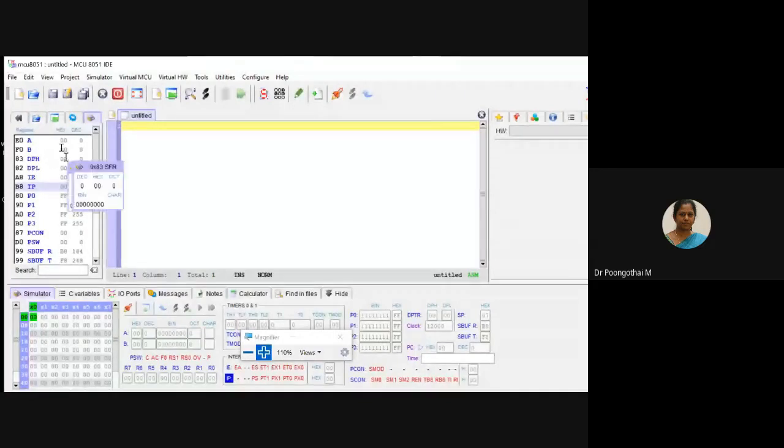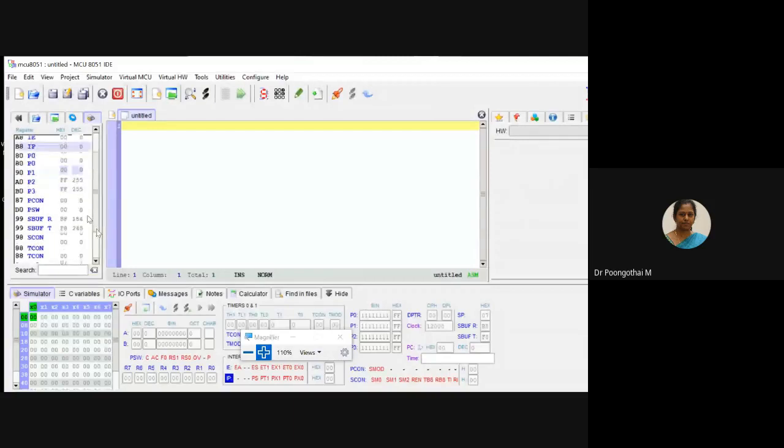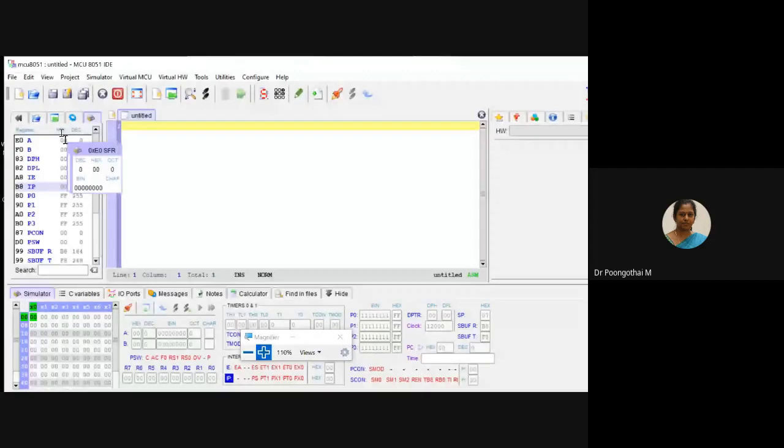Using this window, we can view all the register status, that is all your general purpose registers and also special function registers, from accumulator, B register, along with all your general purpose registers. Here 2 provisions are given. It can be represented either in hexadecimal or decimal format.